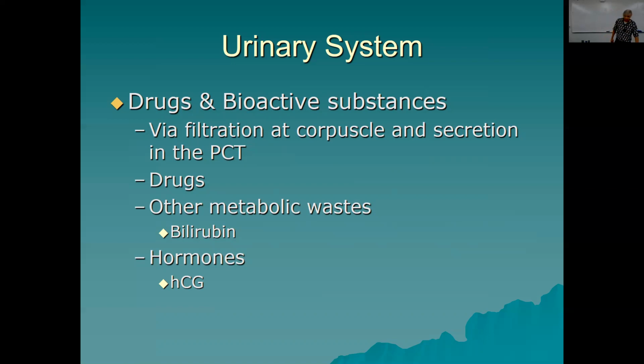A little bit of metabolic waste. Urocobilin, a breakdown product of heme groups, and hormone metabolites of hormone breakdown are found in urine. And some whole hormones are found in urine. One particularly interesting one is human chorionic gonadotrophin. This is a hormone made by new placentas. And so you mostly find it in pregnant women, and it is the basis behind the urine test for pregnancy.